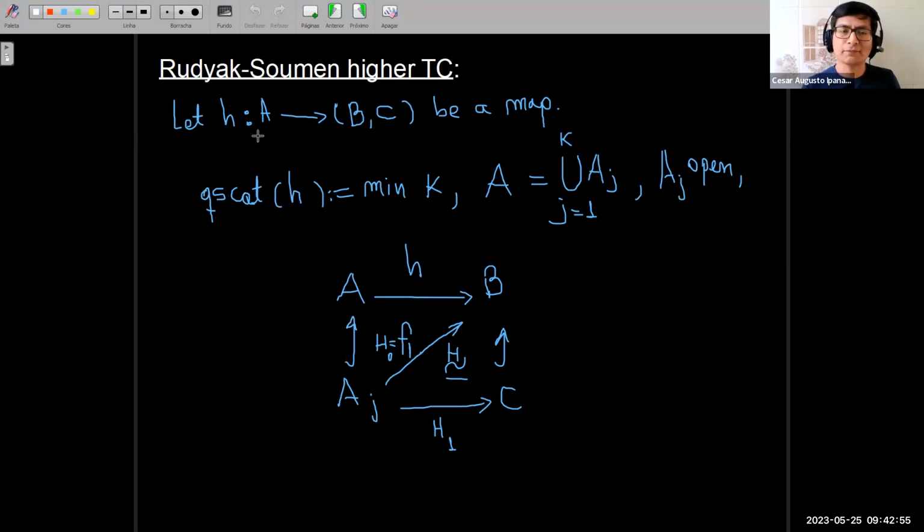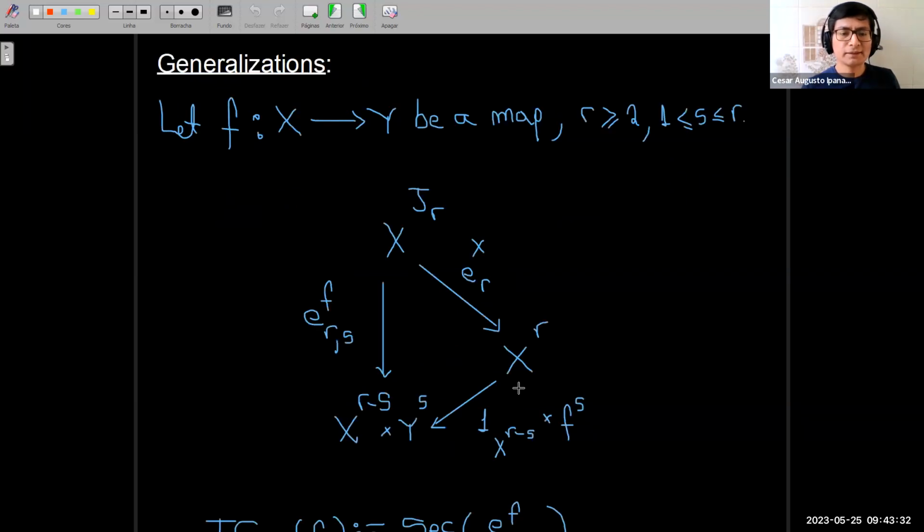Here we consider a map from A to a space B and we consider a subspace C in B. The quasi-strong category for the map is the minimum number such that A admits an open covering such that the restriction of the map to each open set is homotopic to a map with image in C. This is called the quasi-strong category for a map. With this, they defined